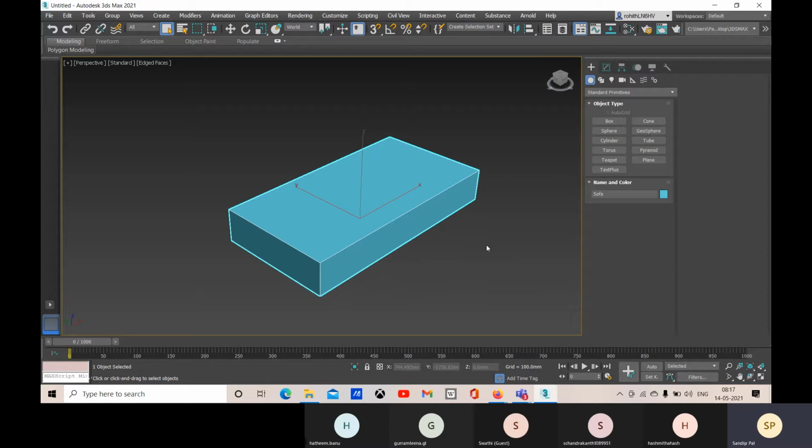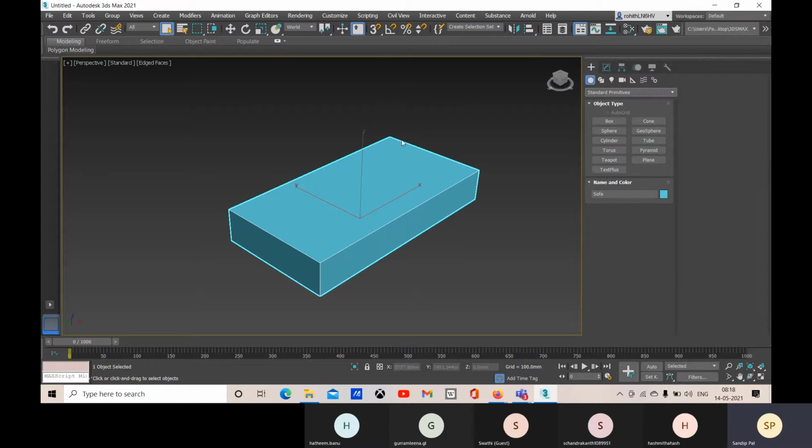So with this normal box, I cannot create a single component for my sofa, right? If I try to create a sofa with this normal primitive, I have to add another box and some other primitives like cone and all, or like extended primitives.